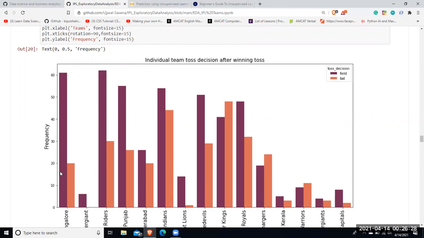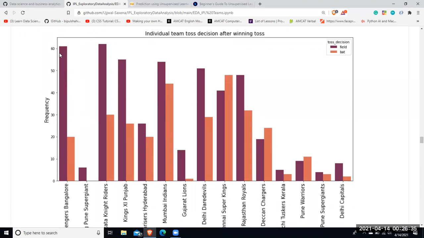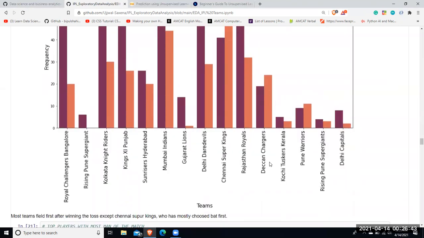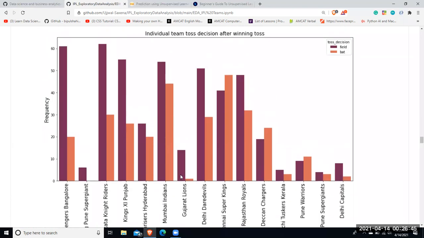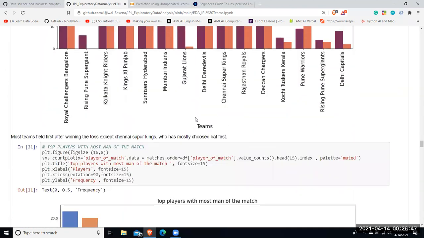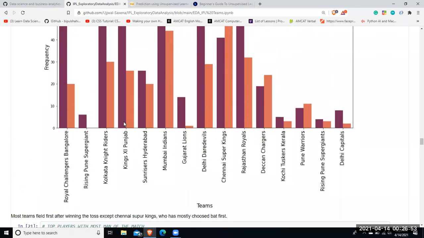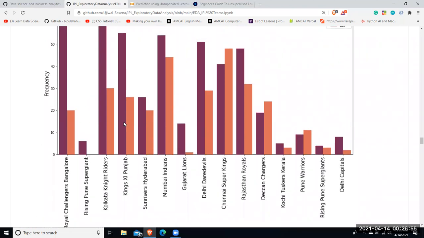This one shows that they have chosen to take fielding 60 number of times, and batting they have chosen just around 20 times, right? And this is the way it actually looks for each and every team. The graphs have been shown over here. All right. So most teams after winning the toss, except Chennai Super Kings, have mostly chosen to take batting first.